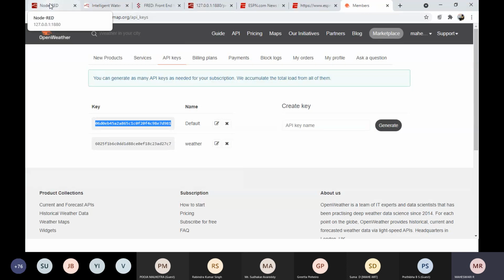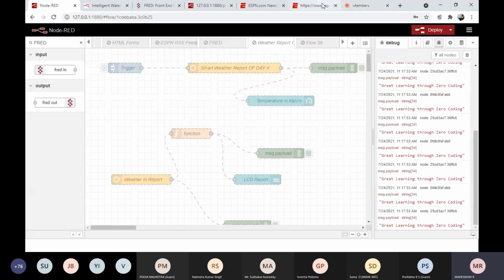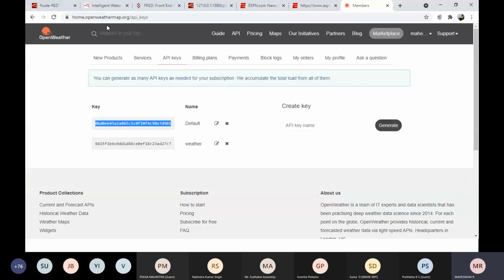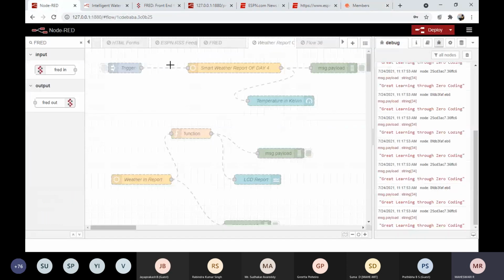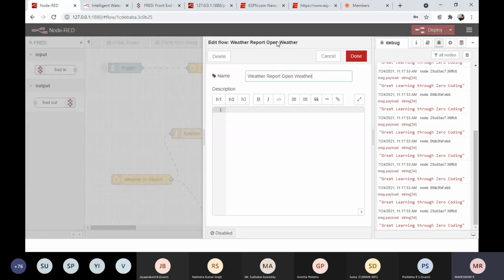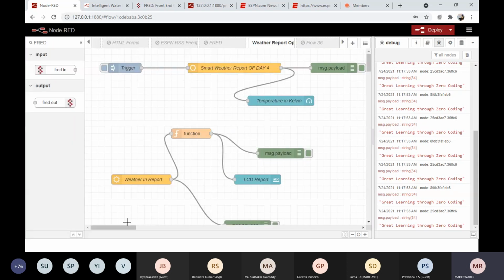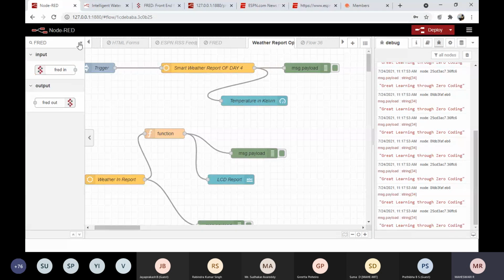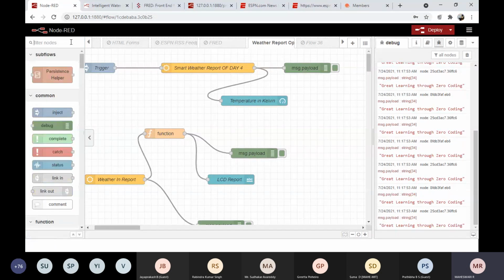Then go to Node-RED. You just have to create your login, and in this login you have to open your API key. That's it. Then you can go to your Node-RED. So I'm making this enable. Okay, so I'm searching for the inject node.